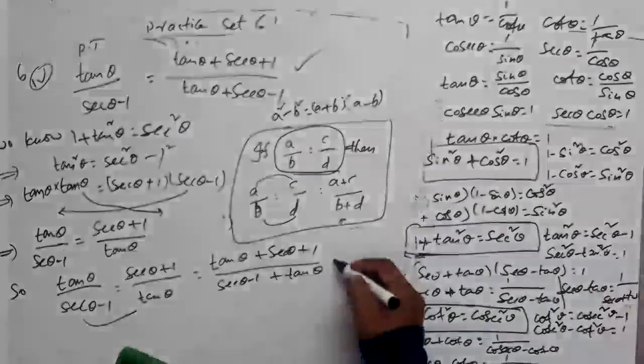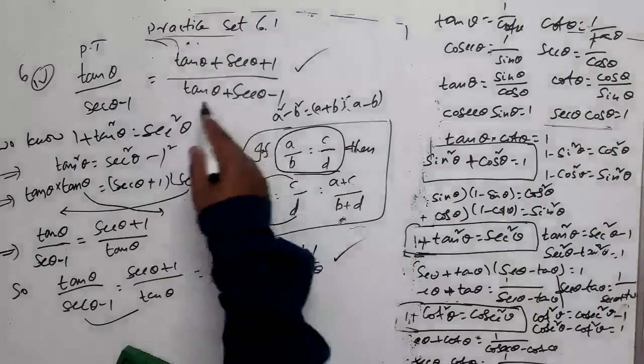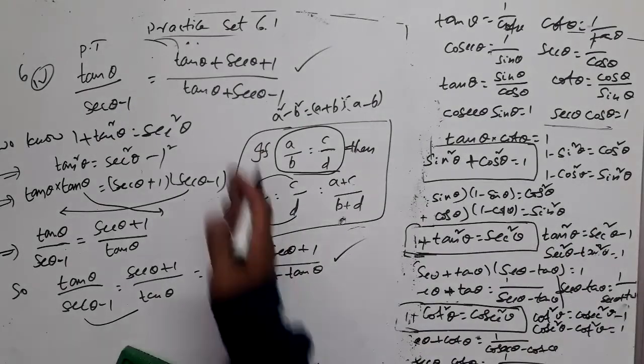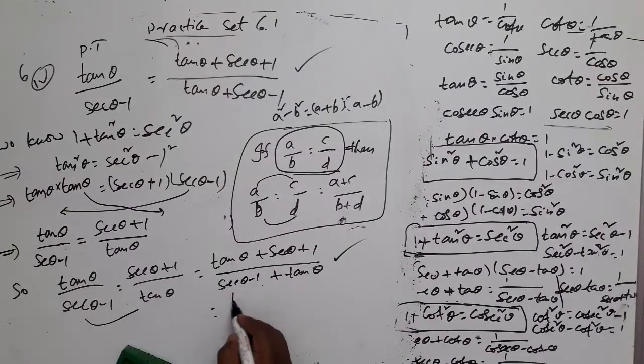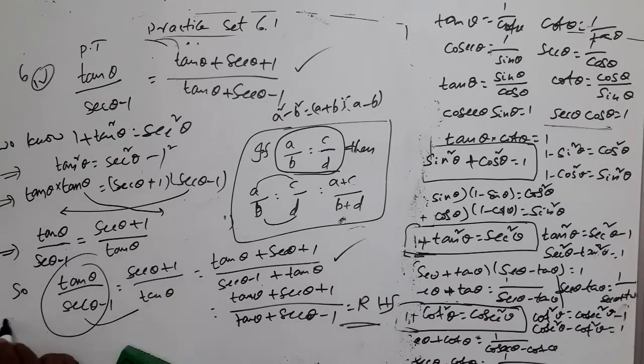Have you got this or not? Yes. Numerator is secant theta plus tan theta plus 1. Denominator is secant theta plus tan theta minus 1. That's all. Of course, you interchange the terms and show that that is the right hand side part. So now I am writing it: tan theta plus secant theta plus 1 upon tan theta plus secant theta minus 1, right? Same thing I have written like this, because this is clearly our right hand side part, right? So LHS is equal to RHS. This is LHS, you have started at LHS, right? This is the question.